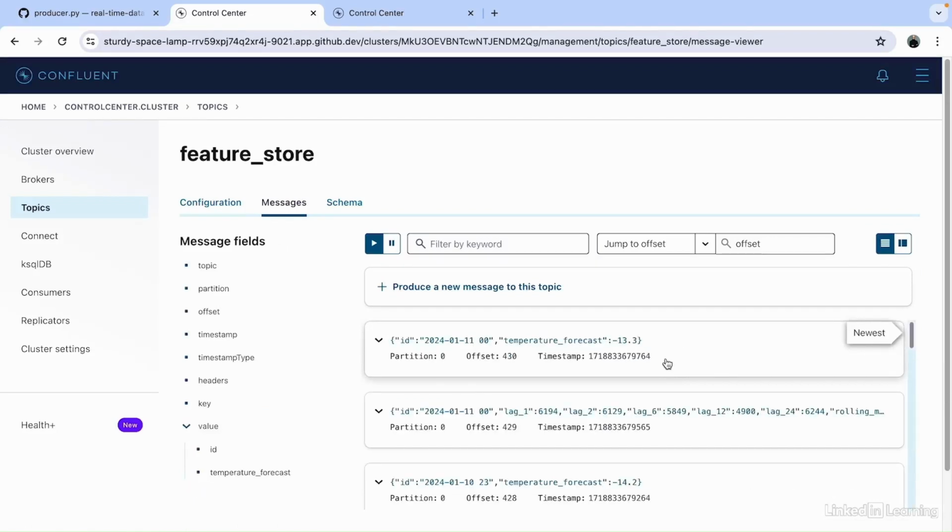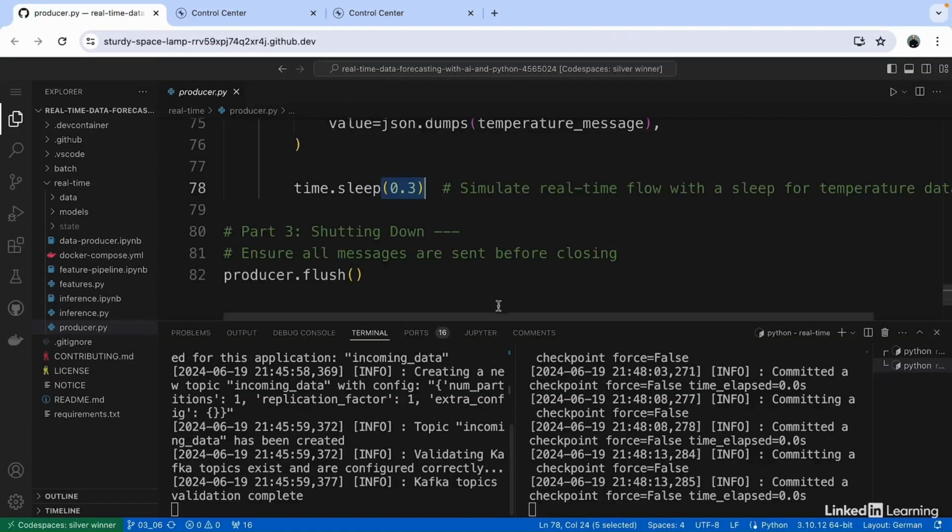If that's the case, we can now start calling predictions. Return to the code space and